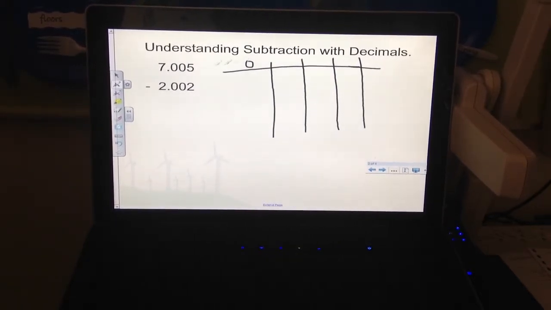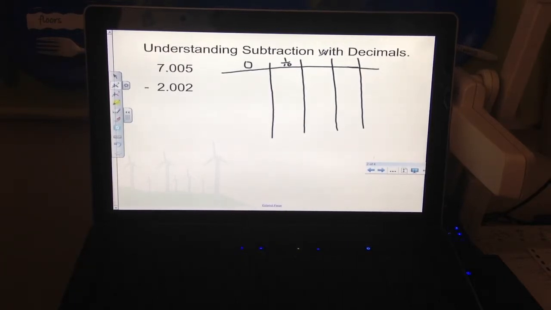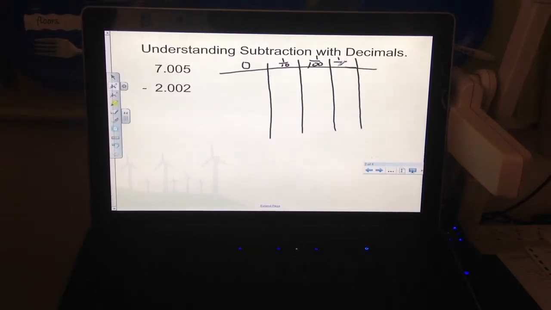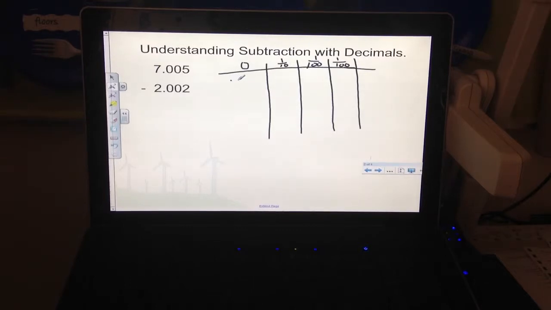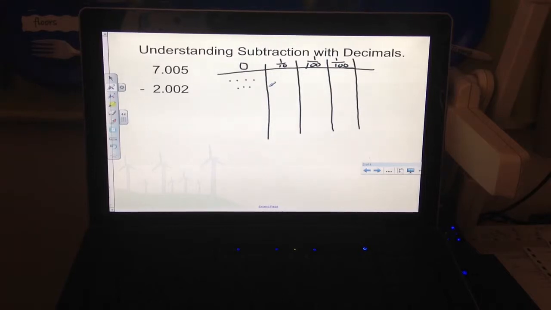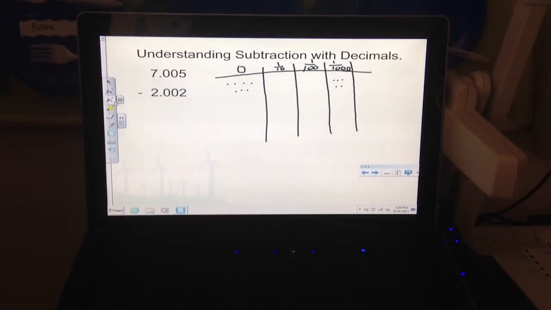So we start off in the ones place, and then we have a tens place, and then a hundreds place, and a thousands place. And what I want to do is draw a picture of this first number, and then I can show my subtraction. So I have 7 in the ones place. I can represent that with dots. I don't have anything in the tens place. I don't have anything in the hundreds place. And I have a 5 in the thousands place. And I'm actually missing a 0 up here. So now what I want to do,